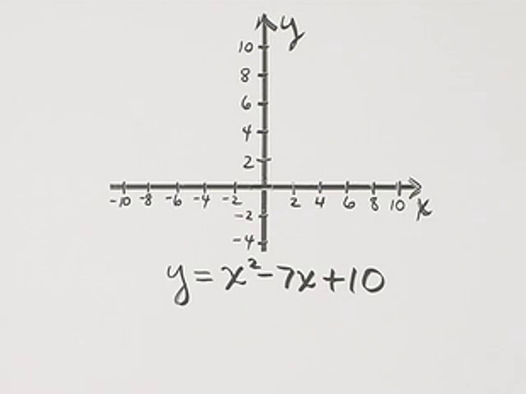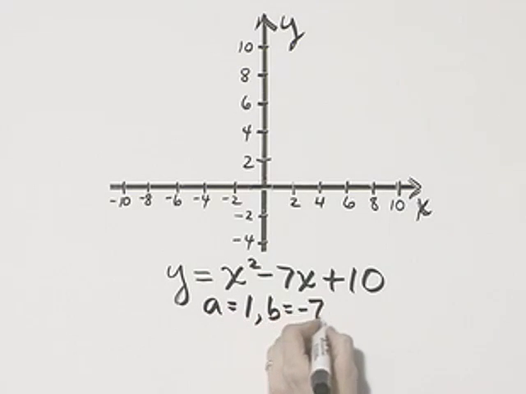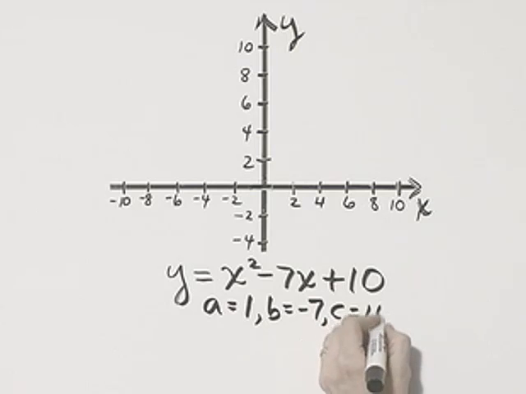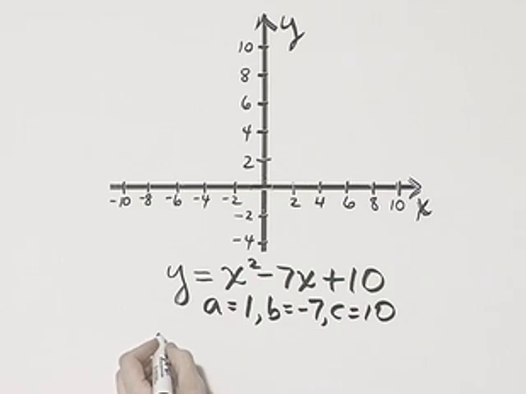We want to graph this quadratic equation, find the vertex and any intercepts. So let's begin. Let's find the vertex of the parabola. Notice here a is 1, b is -7, and c is 10. And we can use that formula that the x value of the vertex of the parabola is -b over 2a,